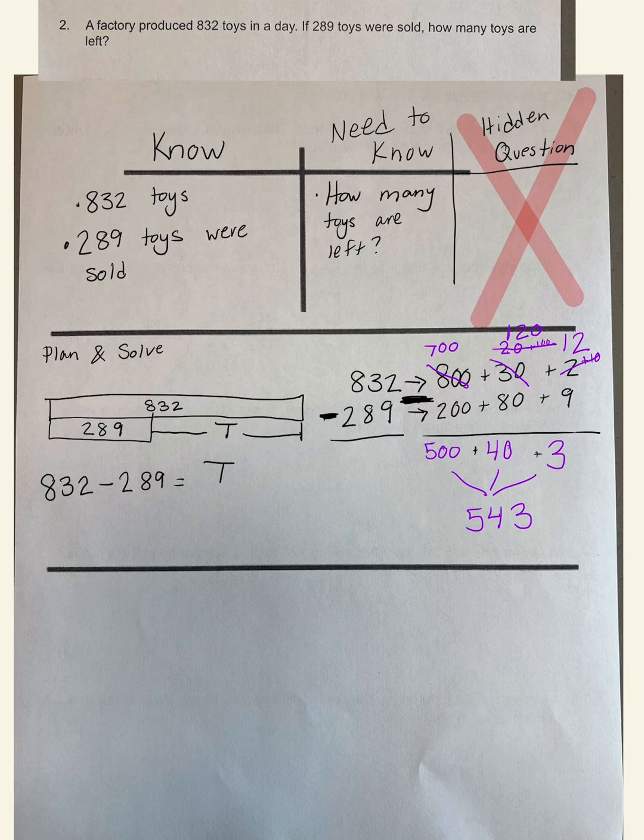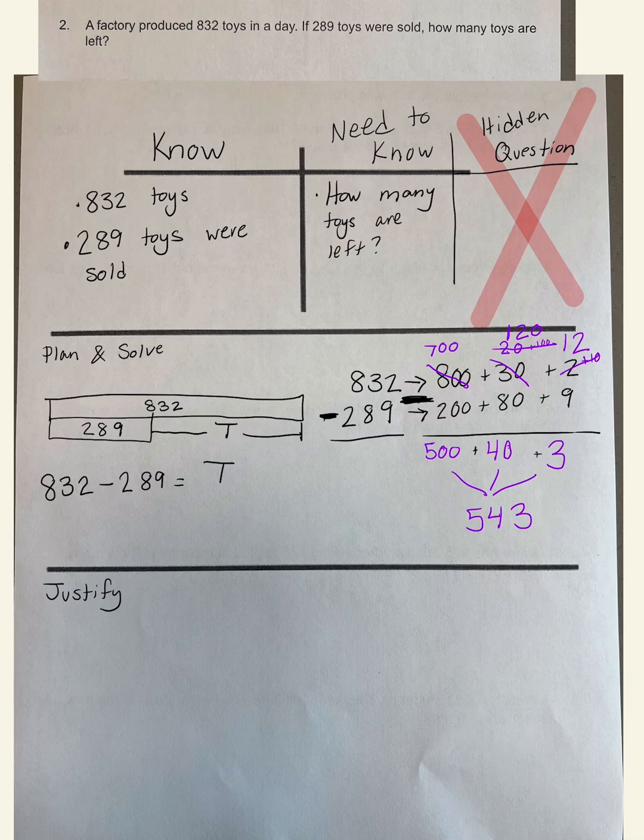Right? And then this very last section down here is your justify section. So this is when you are double checking your work using a different addition subtraction strategy. It's thinking about how all of our numbers connect. You could do an estimate solution, so round your numbers to get an estimate or about how much you should have gotten. So what I'm going to do is think about the connections that our numbers have,